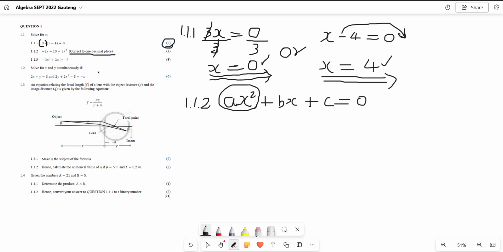Remember, every term must be on the left hand side of the equation. The term with the square, here we have it, but where? On the right hand side of the equation. We need to take it to the left hand side so that we have the term with the square first. When we transpose this term from the right hand side to the left hand side, it can't carry the same sign, which is positive in this case. It must change the sign. When we take it to this side, the sign will be